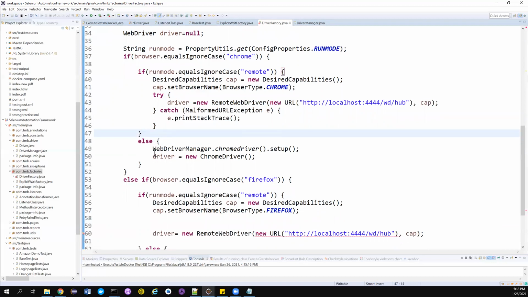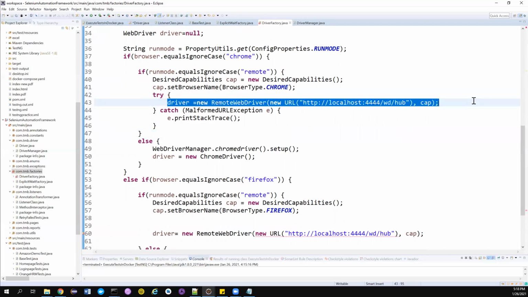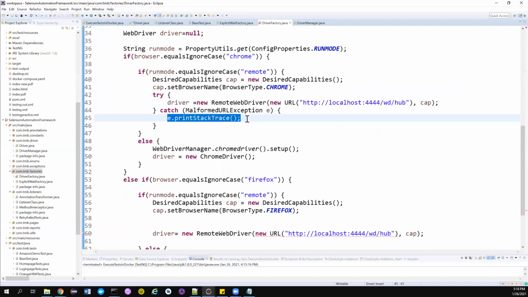When it tries to proceed to the next step, the browser invocation itself has failed anyway, so there is no reason I have to catch this. So what people prefer is to throw a new runtime exception. That's what we did before, right? If you haven't watched my exception series, you should definitely watch that to understand what is happening here. You can mention that some malformed exception happened. Good.